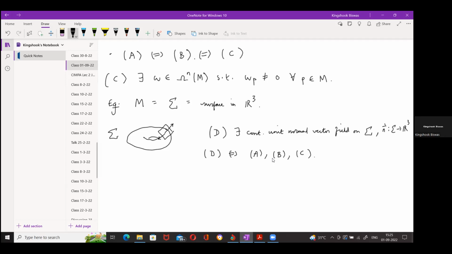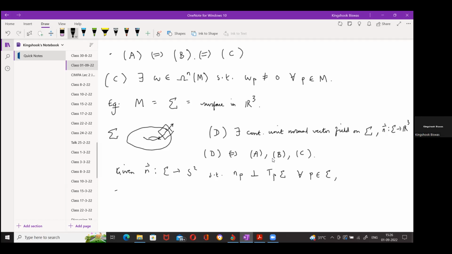Given N from sigma to S2 such that N p is perpendicular to T p sigma for all p,